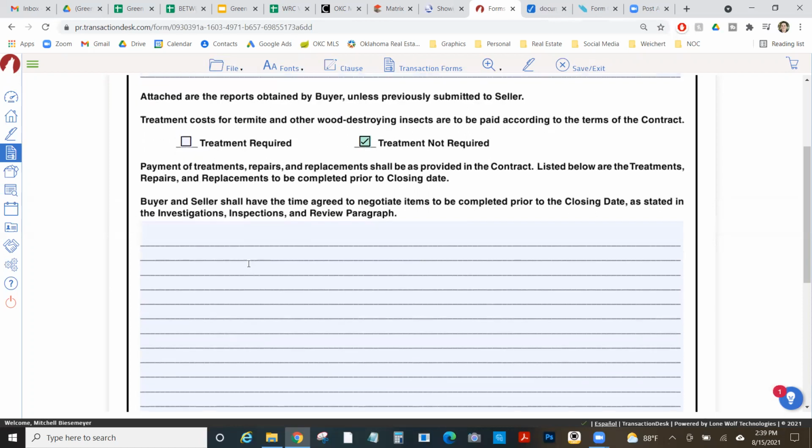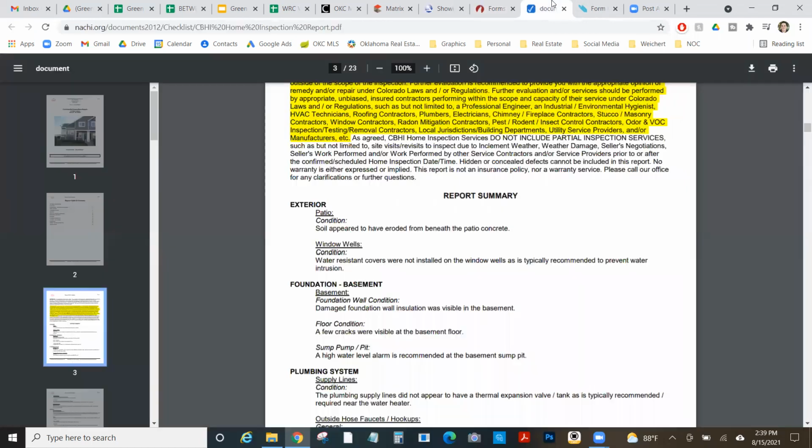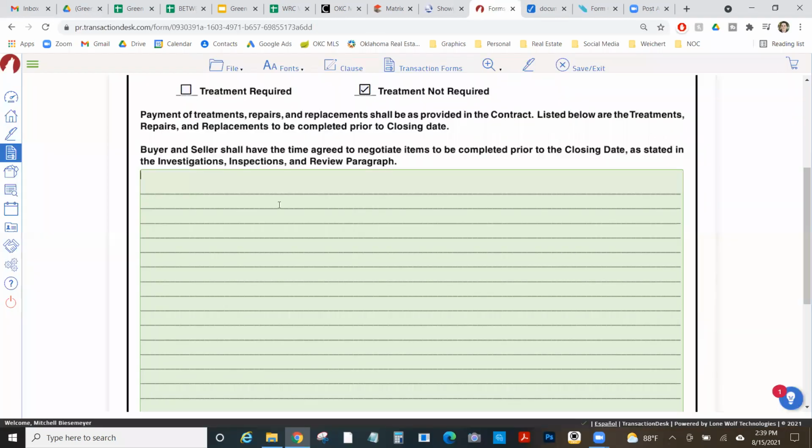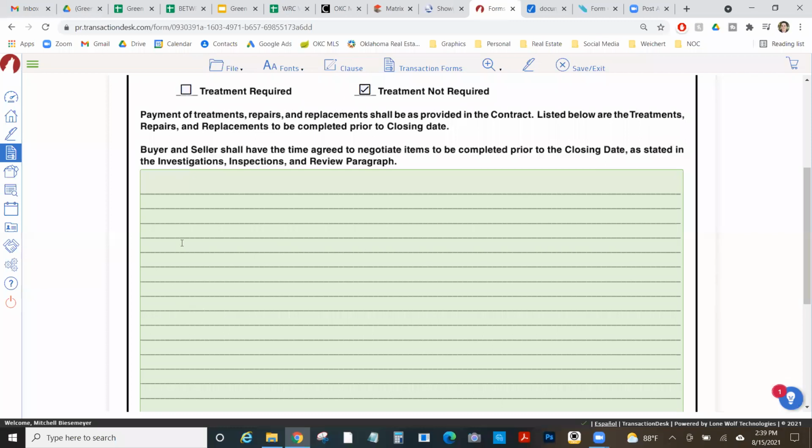The next piece is down here where we can list any repairs we would like fixed in the house. So let's say that in this situation, our buyers only want this very first thing. The soil appeared to have eroded from beneath the patio concrete. So we could say, this is the big issue for my buyers. They really want this fixed. I could either type it in here, repair, replace soil beneath the patio concrete as referenced in the inspection report. So I'd put something like